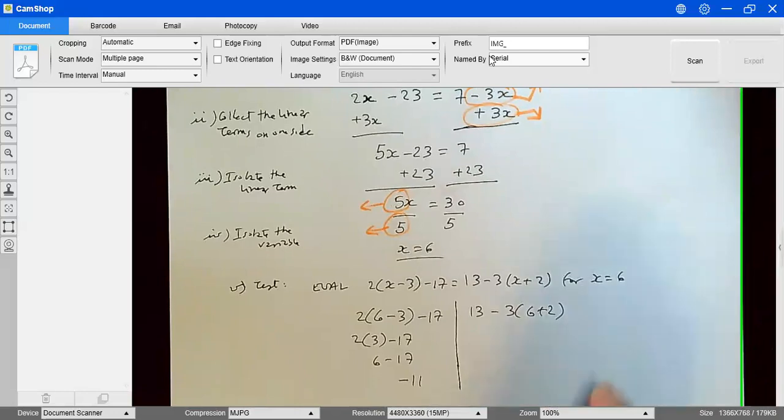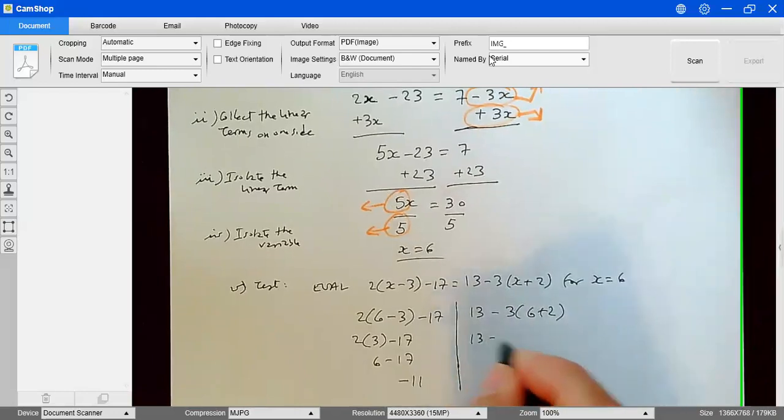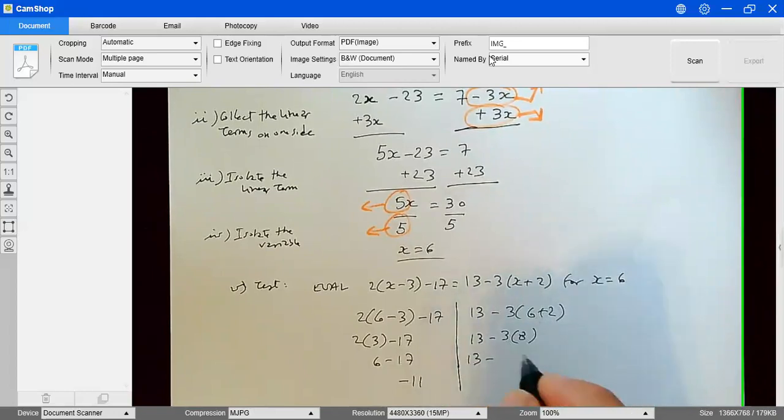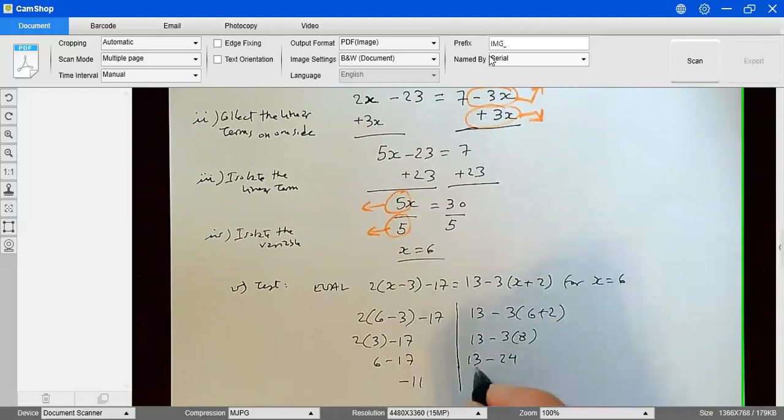Now the right-hand side, I have 13 minus 3 times 6 plus 2 is going to be 8. Then I have 13 minus 24. And then you just do 13 minus 24 is going to be negative 11. So that's true. So we know now that the solution is actually